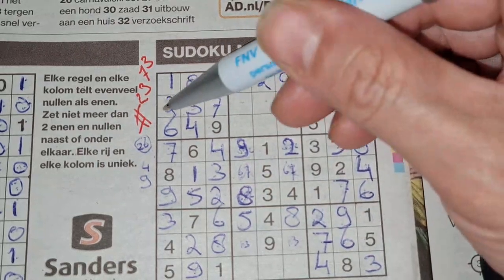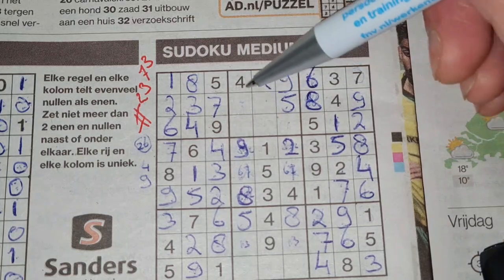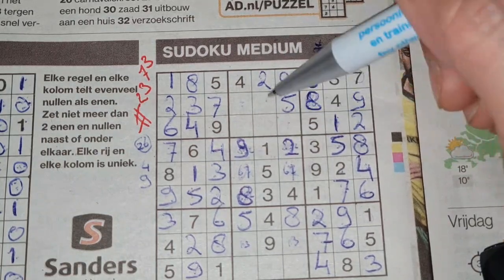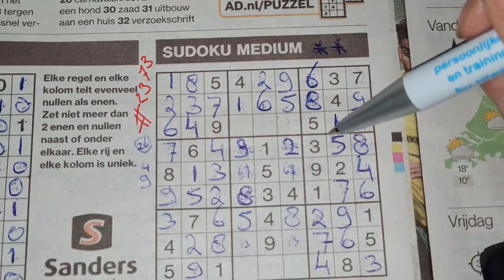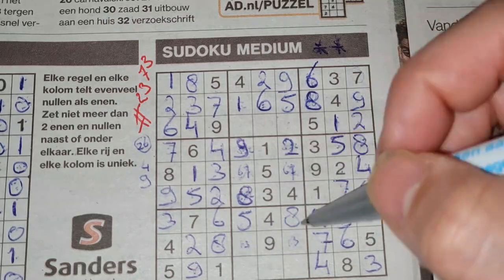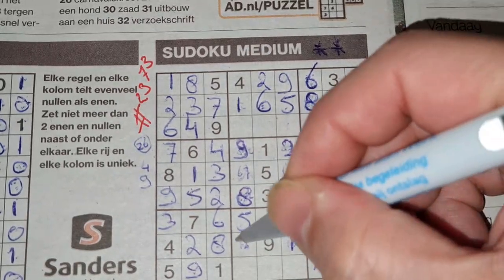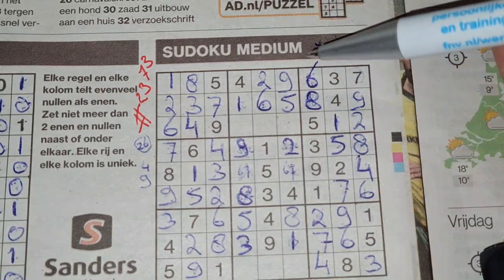2 numbers left in this row, second row, for the numbers 1 and 6. We have a 1 here, no 1 there. 1 should be here and a 6 goes there. Now we have a 1 here. So this box can't be 1 anymore. This box should be the 1 and this should be a 3. Then